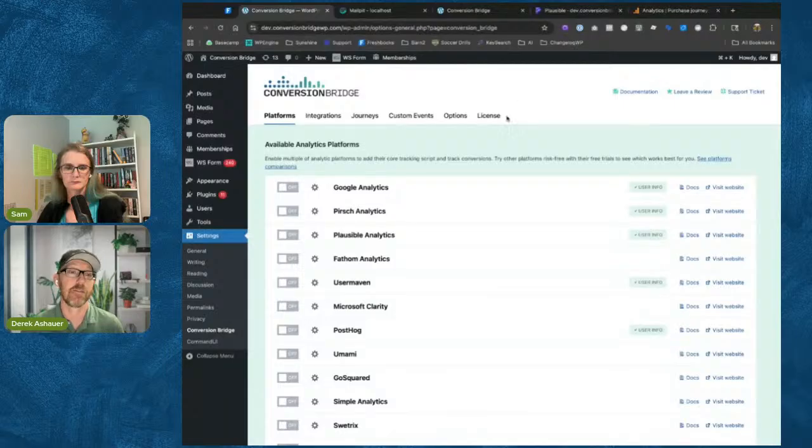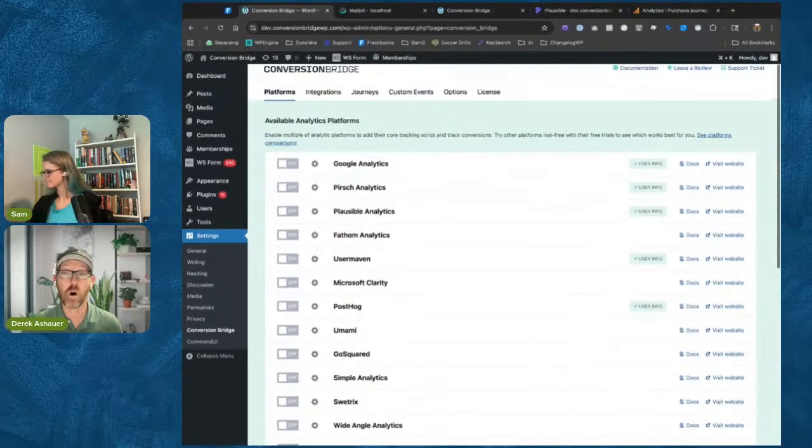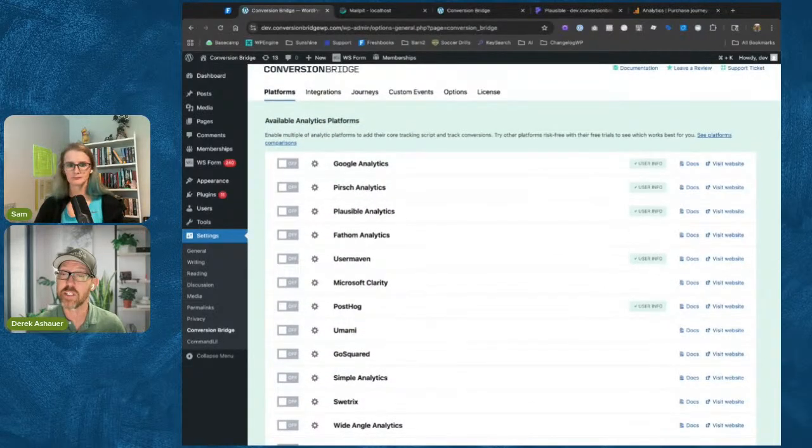And as I've mentioned, Conversion Bridge works with right now 16 different analytics platforms. And you can enable one or all of them. One really interesting thing is that you could enable Google Analytics, but you could also enable Plausible and Fathom. A lot of these alternative platforms offer free trials for a week or two. And you could test them out and see which ones you like to use. You might find that the reports and how you can access the data in Plausible are a lot easier than maybe, say, Fathom or something along those lines. So you could demo those out,